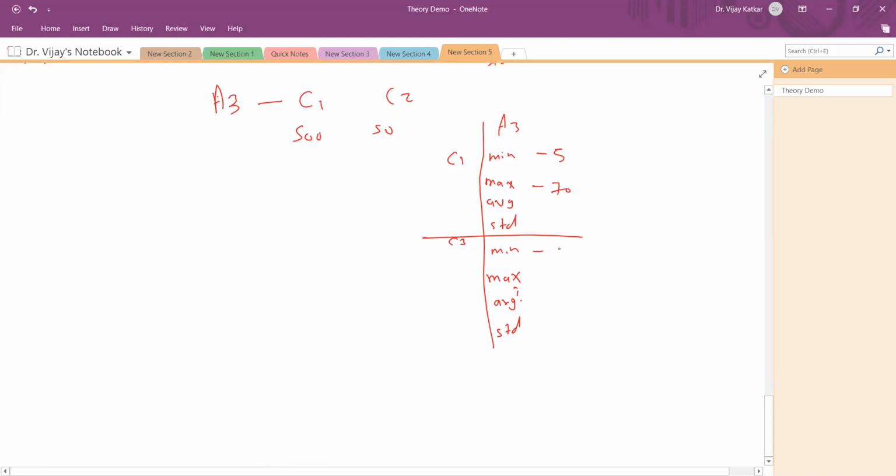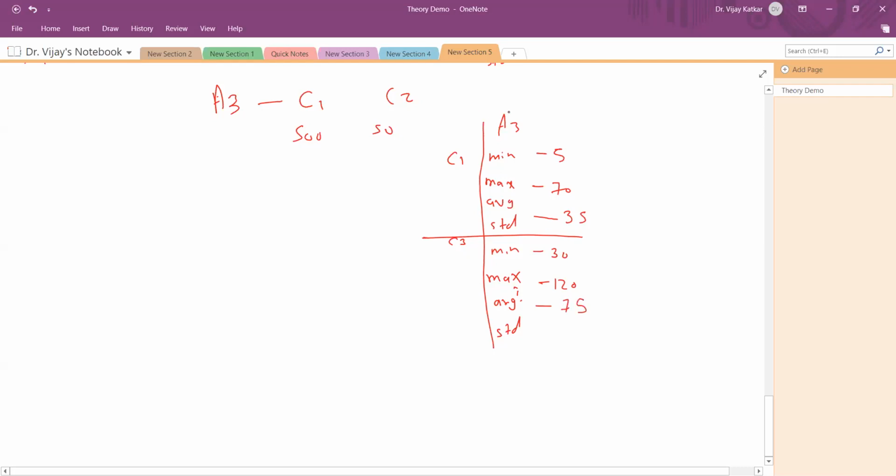For C2 the minimum value is 30, maximum is 120. Here, let's say the average is 35, and here the average is 75.